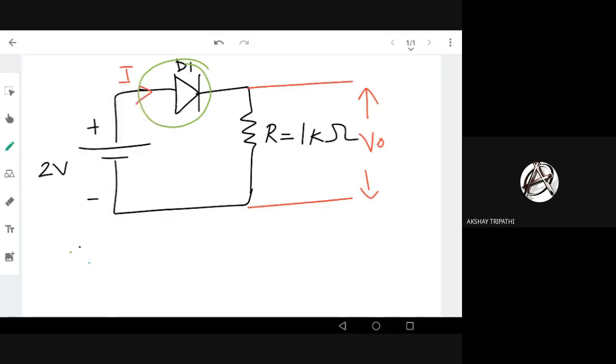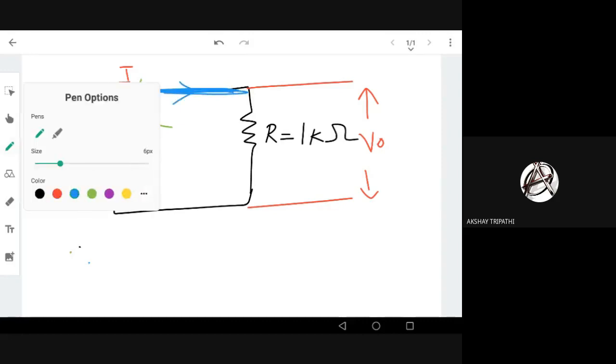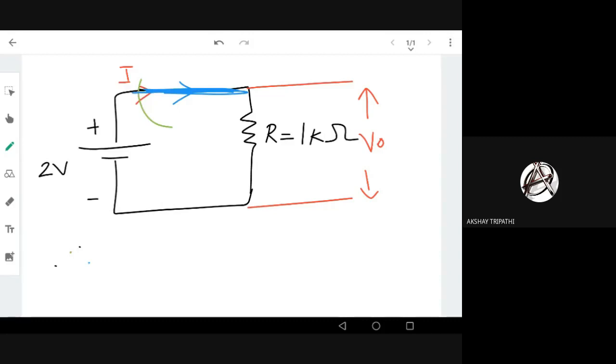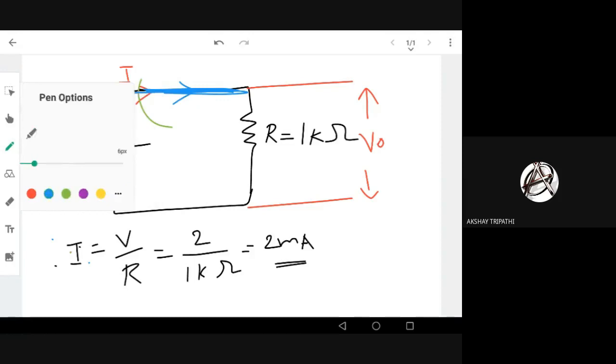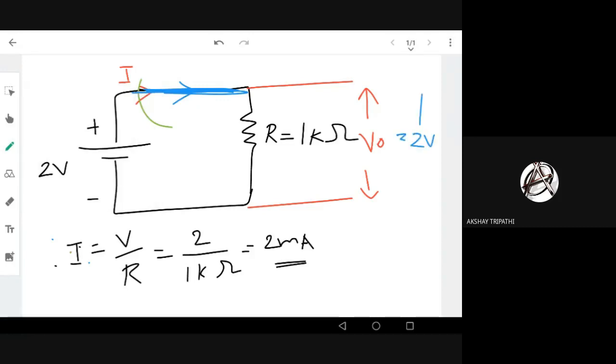So we know, first, if this is an ideal diode with the resistance 0, we can just see this is forward biased, right? For an ideal diode, I can neglect this diode and just put a short circuit over this. This is the current flowing. So we can easily find the current in the circuit. Current I equals V divided by R. So V is 2 volt and R is 1 kilo ohm. So our current is 2 milliampere, right? So whatever the input voltage, 2 volt will be appearing across my output. So 2 volt will be appearing across my resistance, right? So this is easy if it is an ideal diode.